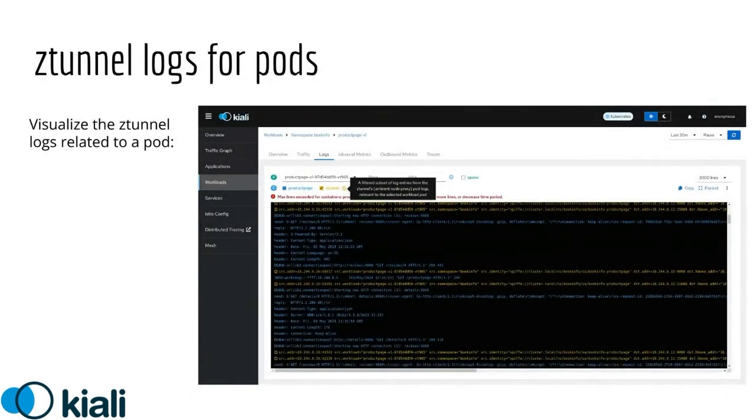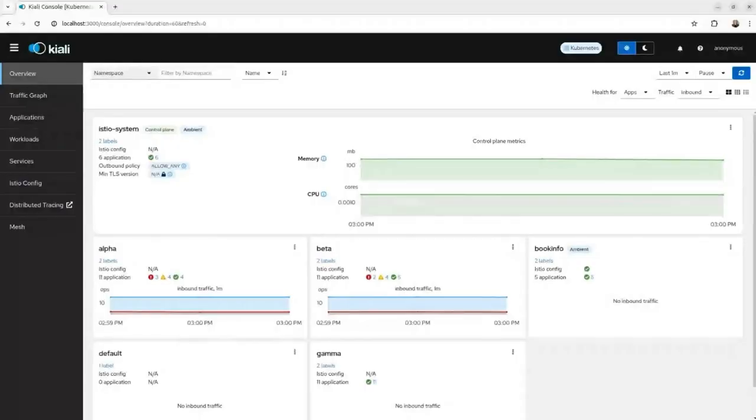Now, I'm going to invite Shosune to talk a little bit and do a demo for the ztunnel log for pods. Thank you, Leandro. I'm going to share my screen. Can you see now? Yes. Okay, great. So in this version of Kiali, we have added support to visualize the ztunnel logs,